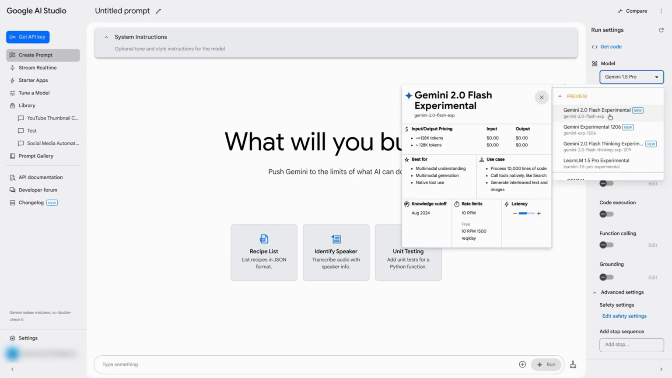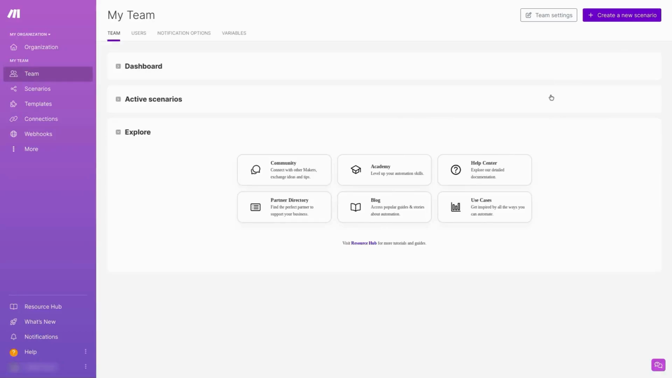Create automations using free AI APIs with Make.com. Google has released Gemini AI experimental models that are free for anyone to use. To start, navigate to Make.com, and once you log in, click on Create a New Scenario in the top right